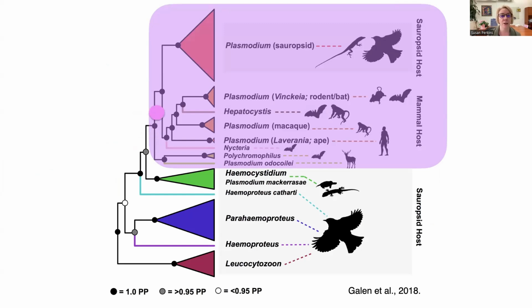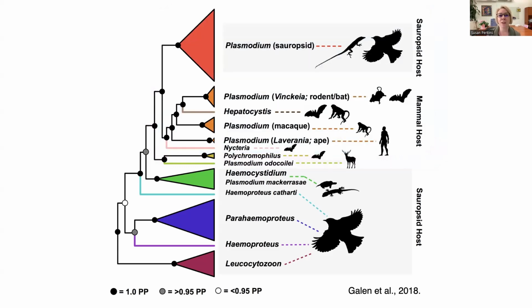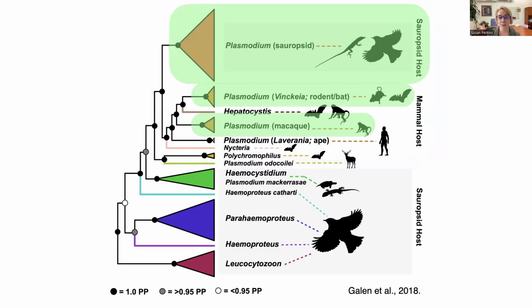So we could, all right, move that clade up and allow Polychromophilus and our ungulate malaria parasites to be a different group, but we still have that problem. So what we really are faced with is that Plasmodium is a paraphyletic genus. We've got a clade that infects sauropsids, birds and lizards. We've got the Vinkia, the rodent and bat Plasmodium parasites. We've got the Vivax clade, which is in macaques, and I should say the type species is in that clade. And then Plasmodium falciparum, and the other more recently discovered 8 Plasmodium species are in another clade,